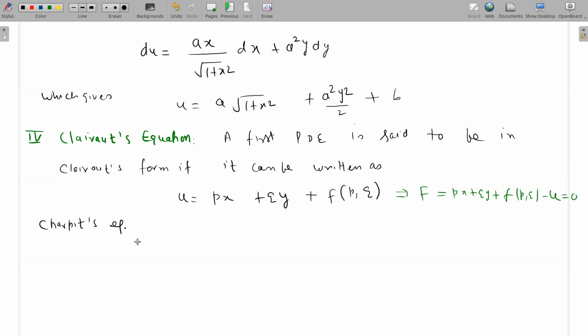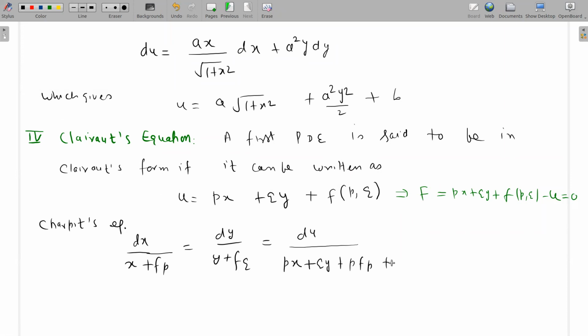So Charpit equation, dx by derivative of this with respect to p. The first term will give you x, the derivative of F with respect to p, then F_p, y term. Similarly y plus F_q, then du, so multiply first with x, second with y, p F_p, and then dp upon